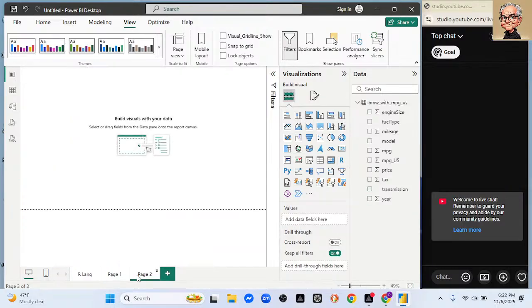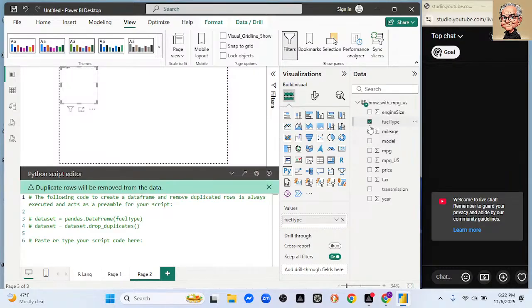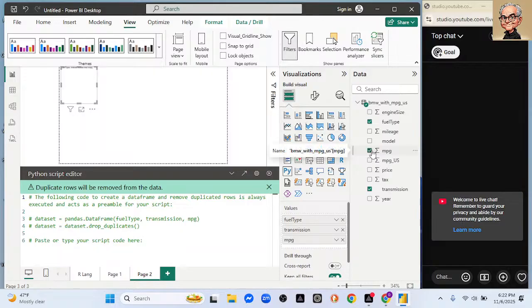Now we should be able to do the same thing, right, with Python. Come over here again. We're going to use what? We're going to use seaborn plots. Let's start up here with, let's do fuel type, transmission, and the same thing, okay? So now we got our things. So then we come over here, we're going to say